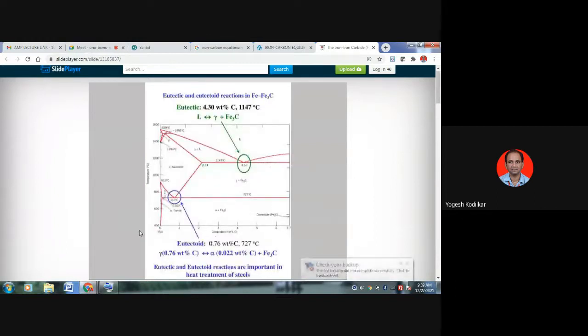This alpha ferrite phase is in the FCC structure, face centered cubic crystal structure, and when it is converted into the gamma austenite, it has a BCC structure, body centered cubic crystal structure, and at that higher temperature, around 30 or 40 degrees Celsius,